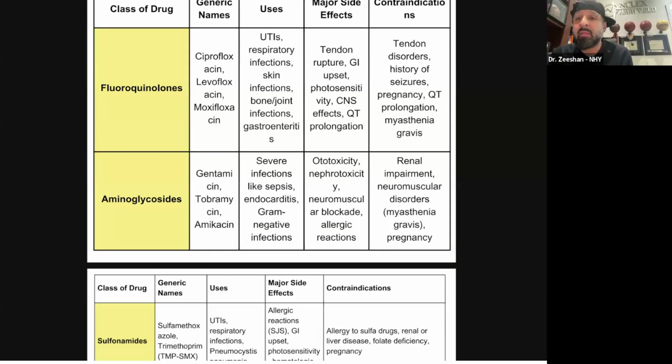So again, with this one, severe infections, when do we use it? Which one do we use first? It depends. Again, do we have allergic reactions? Do we have any type of sensitivity? Do we have any type of renal impairment like we do here that we're concerned about? So we're worried about things like ototoxicity and nephrotoxicity. I'm highlighting the most important parts. I know there's more in here, but I'm highlighting the things that I'm going to pick out for the boards, things that I would ask you in a practice question. So we're looking at their renal impairment. We're looking at their renal function.